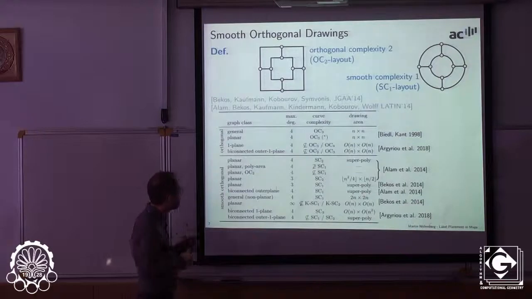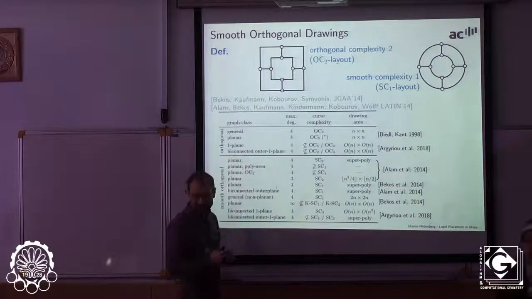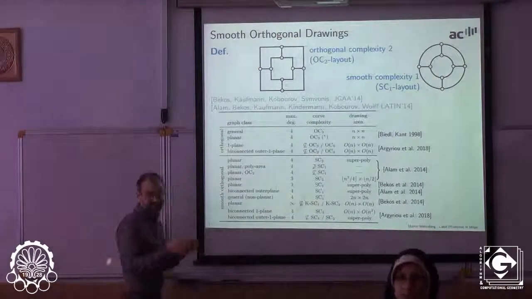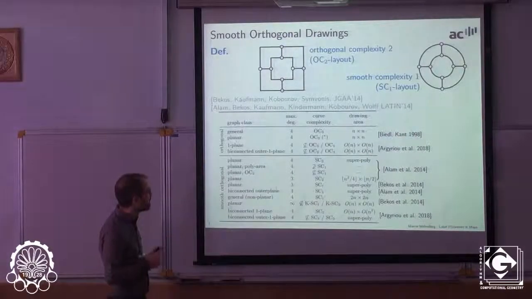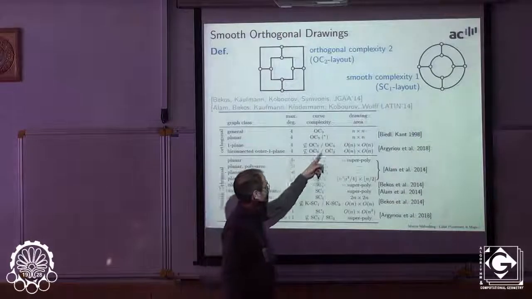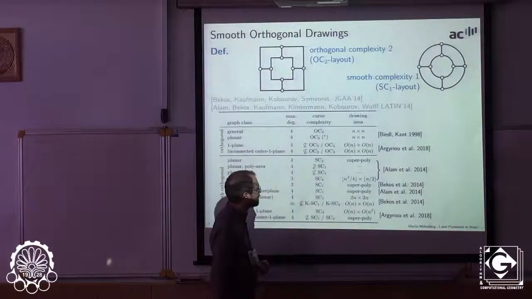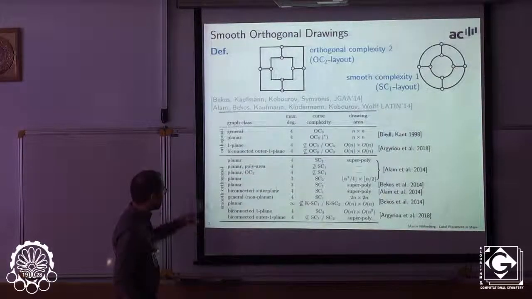And basically, if you take biconnected outer one planar graphs, so they are outer planar graphs basically, but they might have crossings on edges, then you can save 1 edge segment here in this kind of result. If you go for smooth orthogonal,